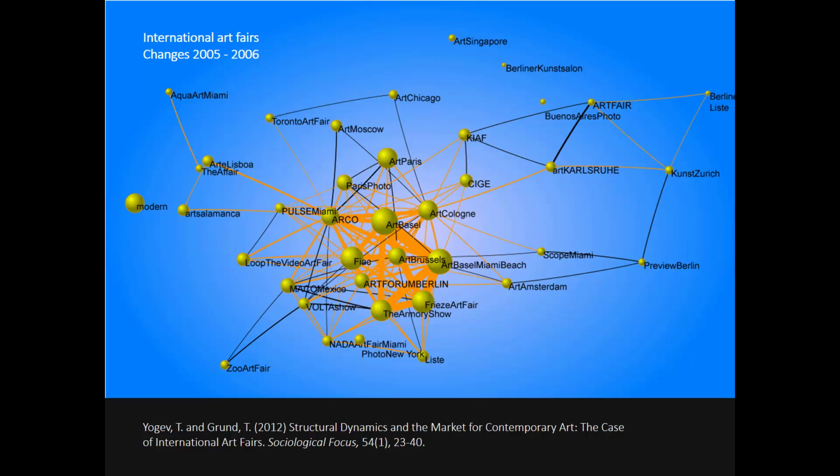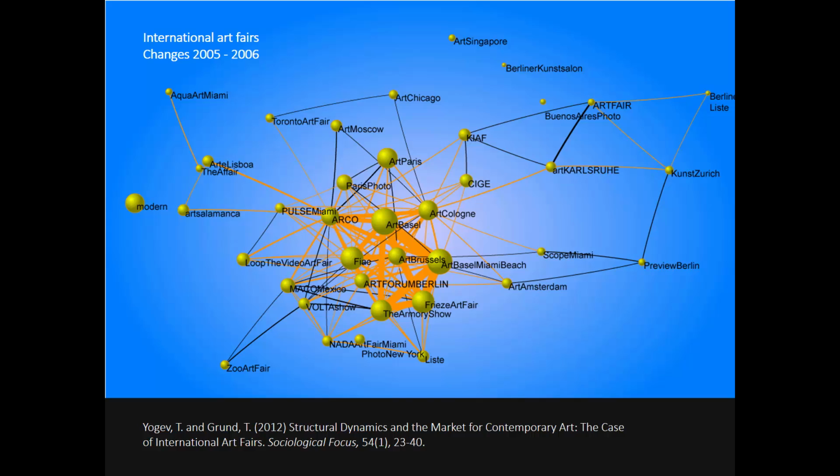You can add all sorts of other information into this. You can color your dots differently. You can color your lines differently. You can give them a different size and so on. Besides just making some cool plots that can be very informative and can tell you things that you don't know otherwise, you can also study these things in a statistical way. Or you can just describe it, which is what a lot of people do.